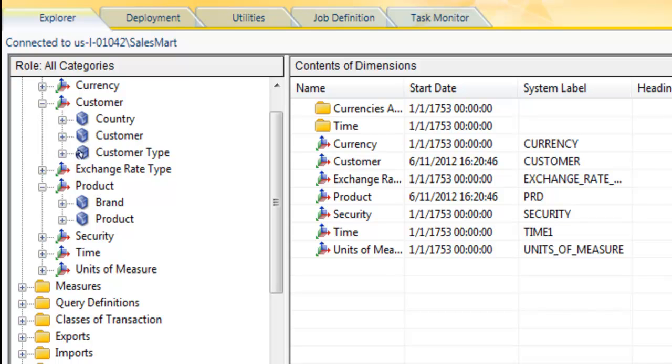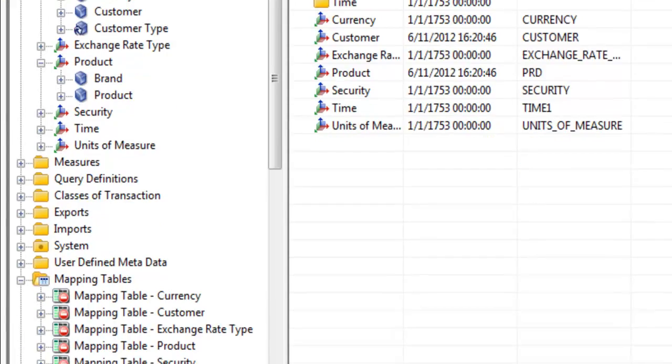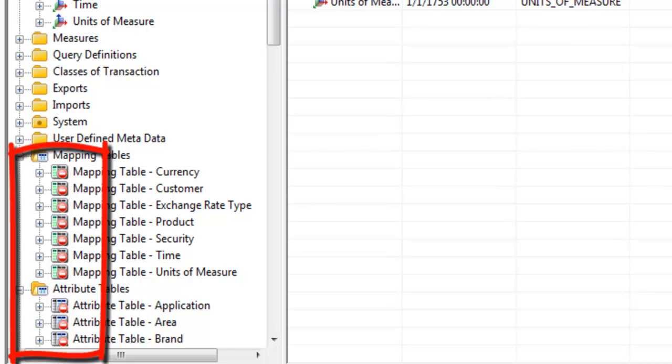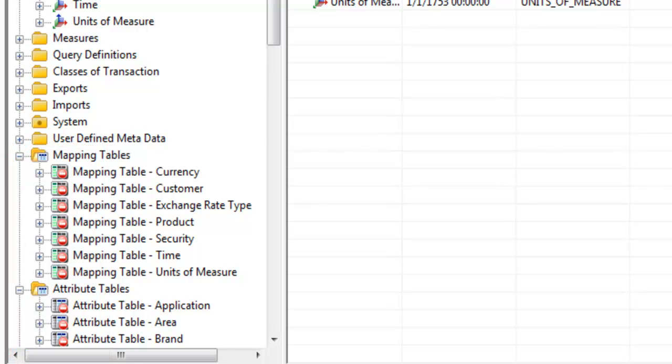What's more, Kaleido is ready to create the physical reporting schemas. Attribute tables are third normal form tables, one for each class of business entity. Mapping tables allow you to create denormalized versions of the table that are friendly to BI tools. The red indicator tells us that Kaleido knows the business model has changed with respect to what needs to be in the database. When you are ready, Kaleido will create the tables, but before we do that, let's look at